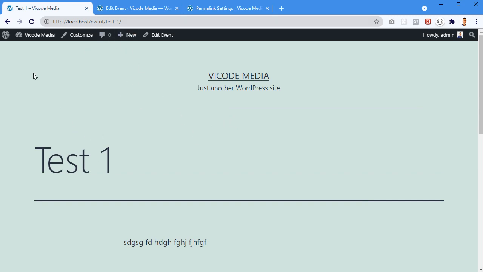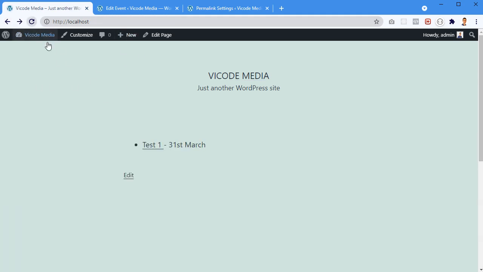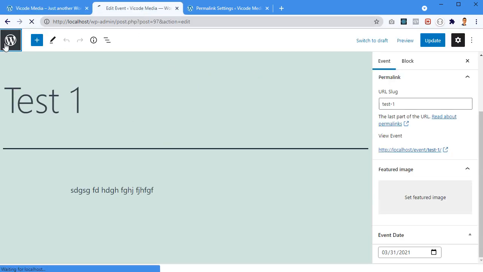But now in the next step I'm gonna create a separate template for this post type, because right now it's using the theme's default single.php file. But before I do that, I want to make this post expire,